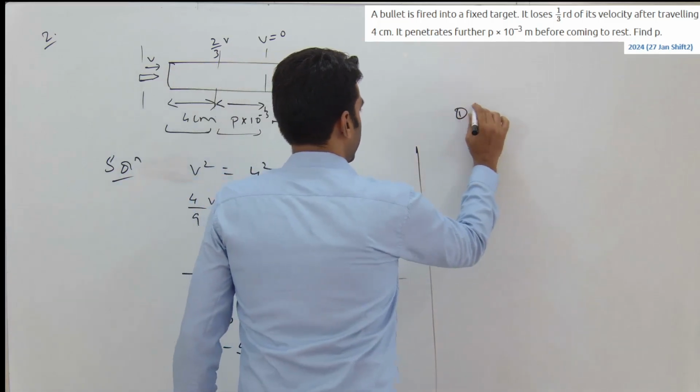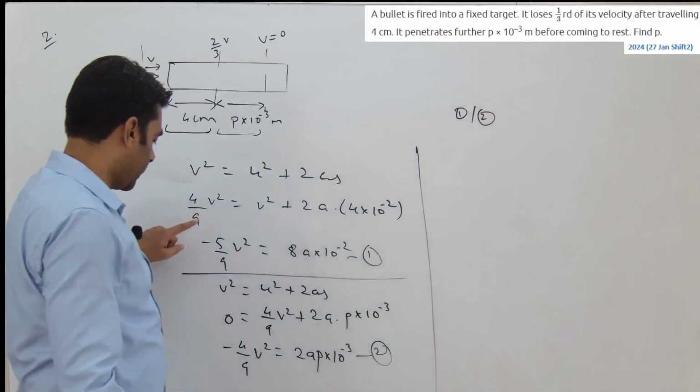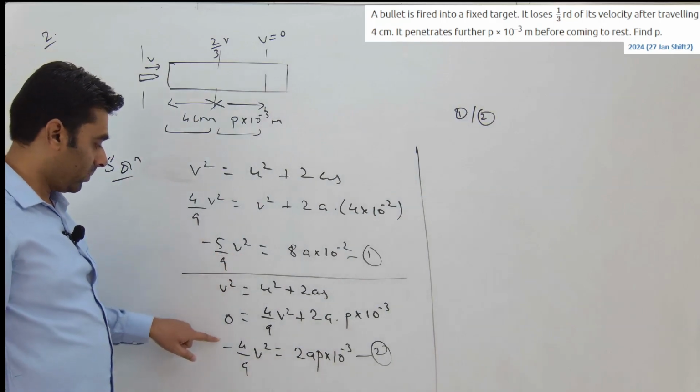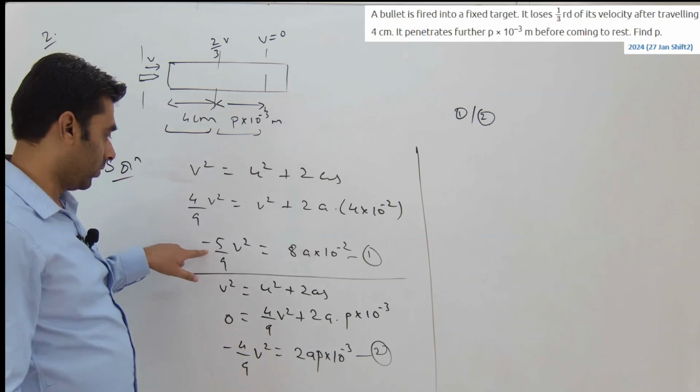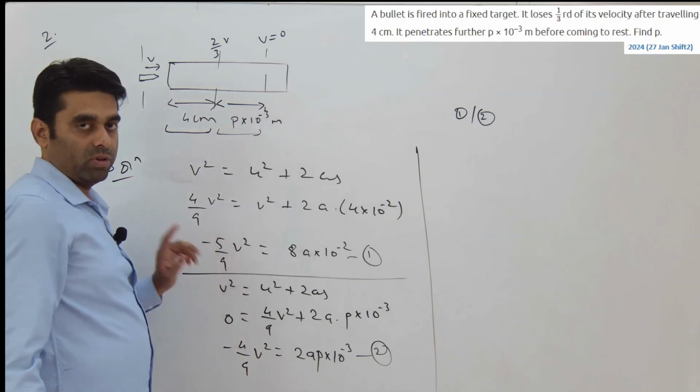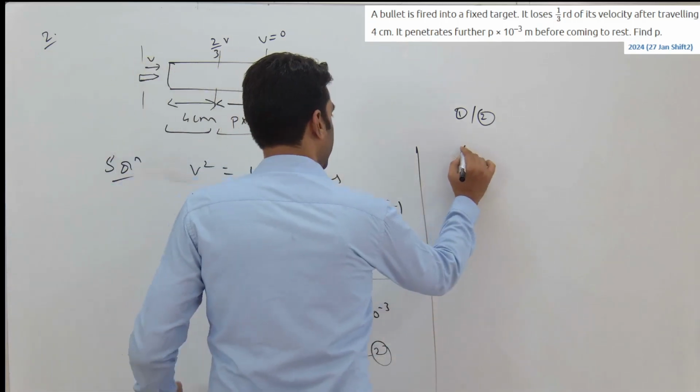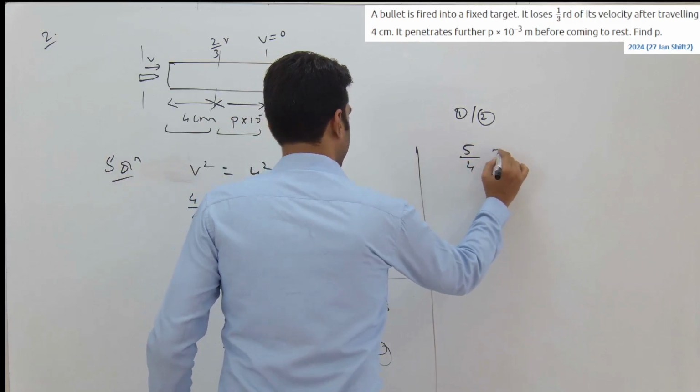1 by 2. If we do 1 by 2, what are we getting? Minus 5 by 9 v square, minus 4 by 9 v square. If we divide that, it will come out to be basically 5 by 4, right? The v square by minus v square by 9 will cancel. So over here we will get 5 by 4 is equal to